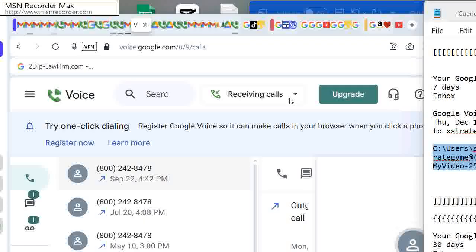Sounds like a solid plan. Using multiple recording methods like a webcam,